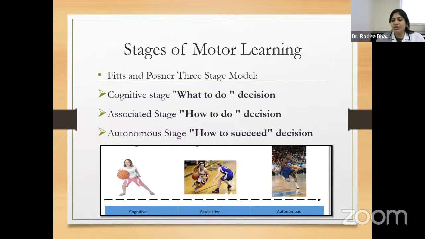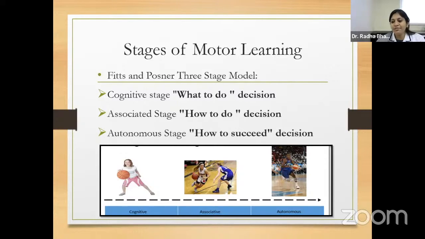Next comes the associative stage. You are driving fine, but certain times you need to pay attention. Sometimes while driving you did not know what to do if something happened, and then you try to do that particular thing. So you are more or less in your associative stage. You have learned to drive, but if somebody is sitting with you, you will not pay attention, you will not talk, or you will not do something like change the radio frequency while driving. So you are in the associative stage.